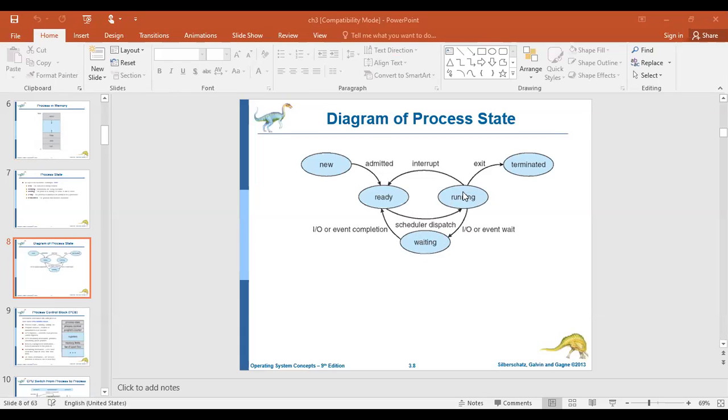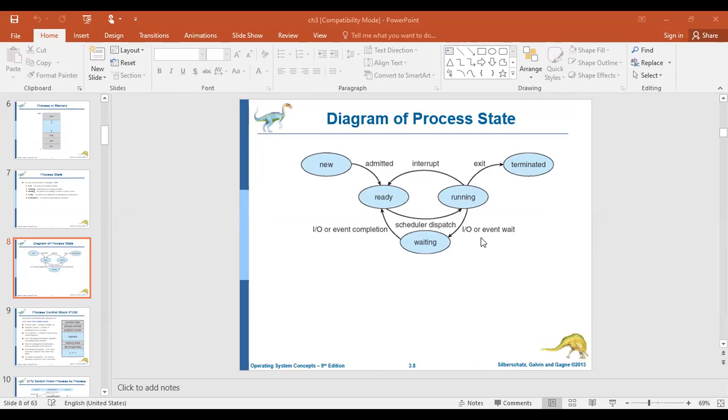So for that purpose, it suspends the execution and is redirected to the IO device. At that moment, the IO device may be busy with some other task, so it needs to wait for a period of time.